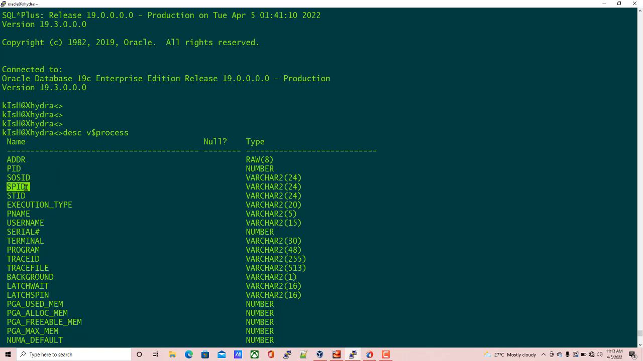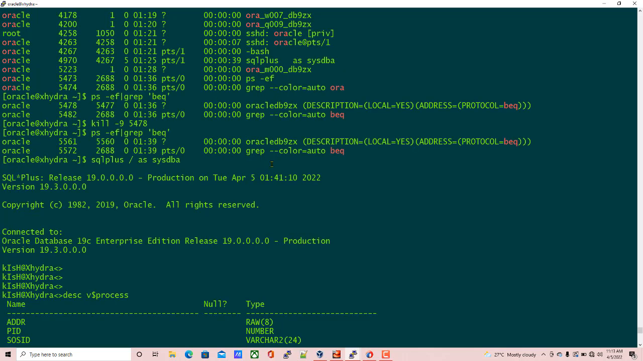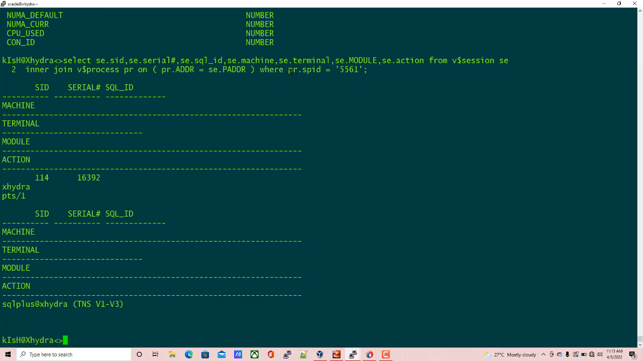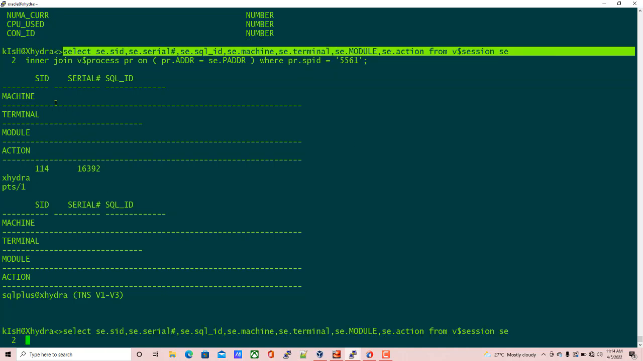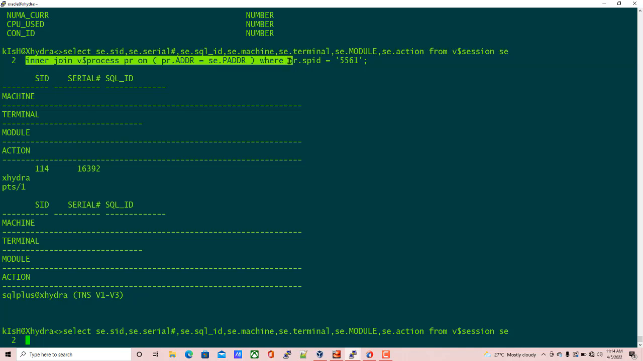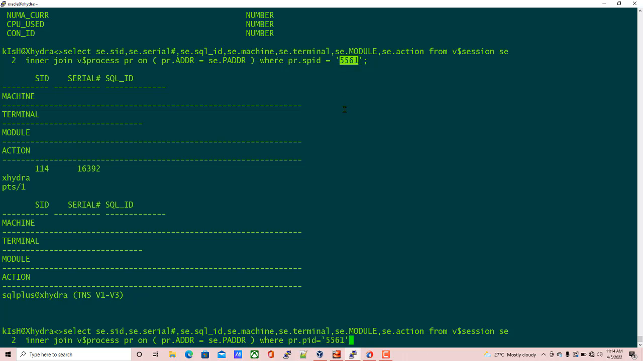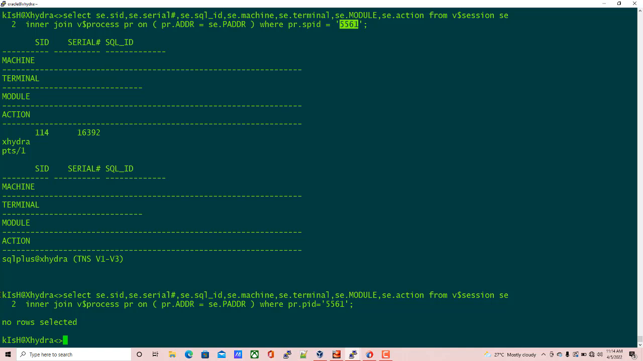So this SPID is the server process ID, which you need to map to identify the exact process. Say if I use the same command and I use PID over here, see, you get 0 rows, because this PID is something different and it is not related to the OS